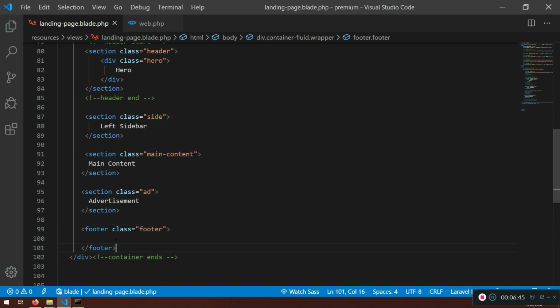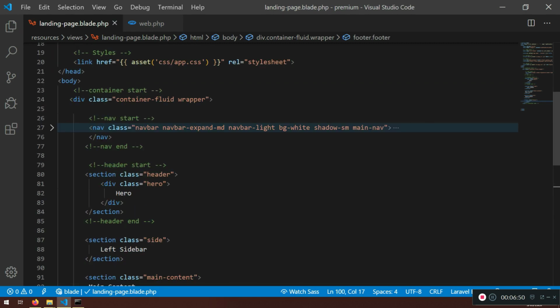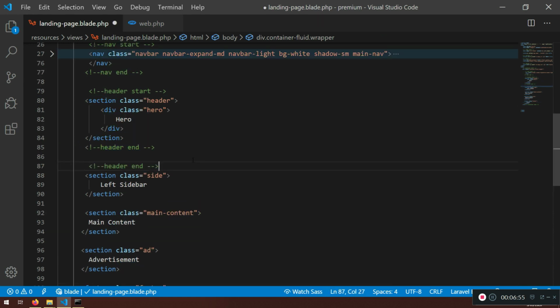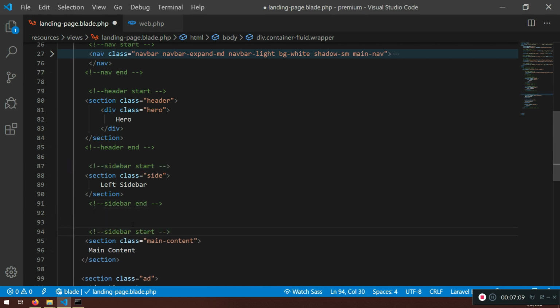Very good. Now I'm just gonna put a footer. So do I have everything? Yep. Navbar is full. Now let's create this one, and let's say sidebar start, and I'm just gonna copy this one and say end, and I'm just gonna copy this one, main content start, and main content end. You just put this one comments